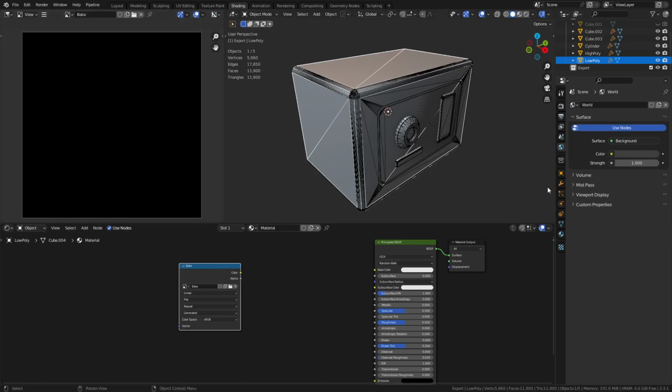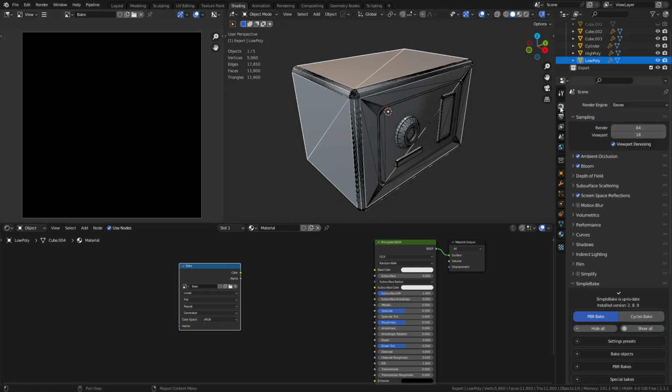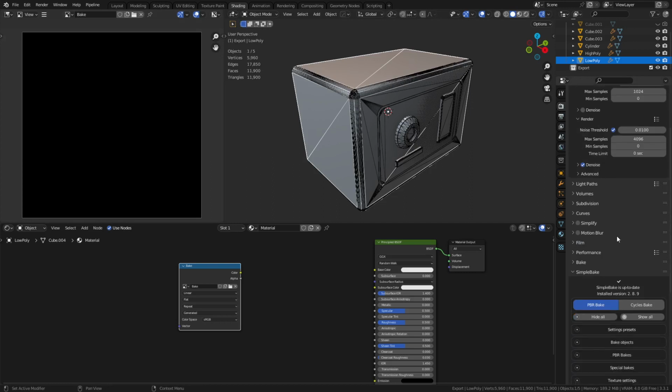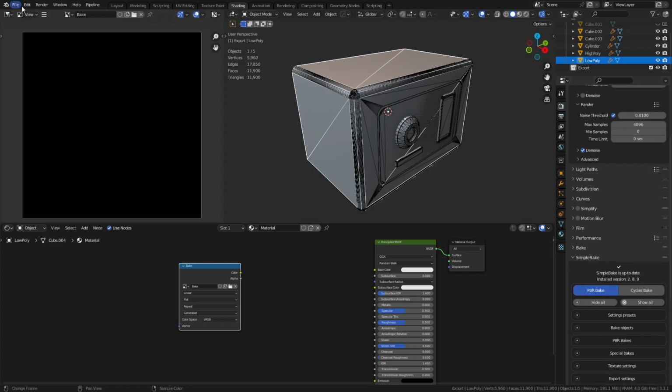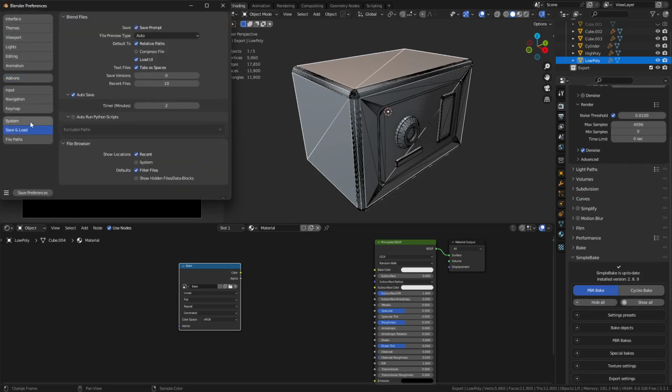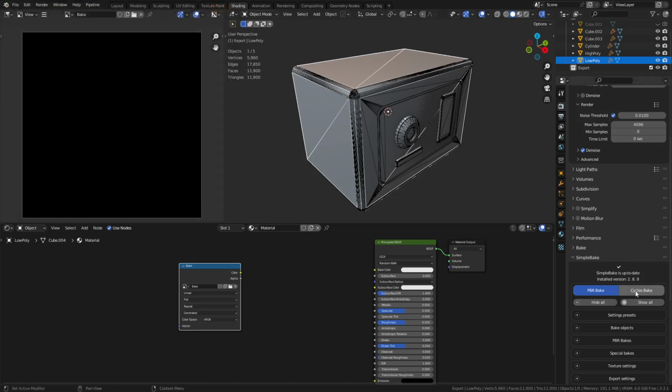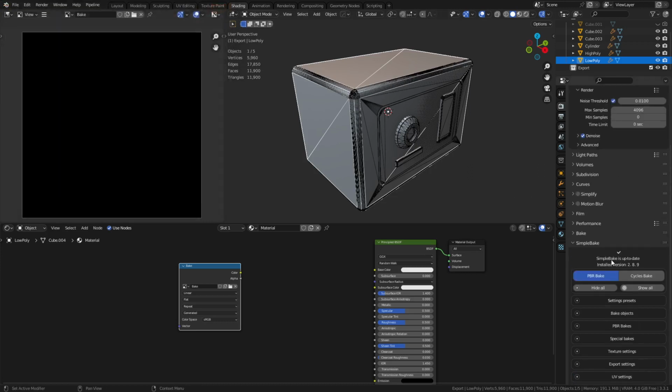Zoom out a little. Now we've got to go to Cycles, so we go to the render tab and switch to Cycles. Under Cycles, you probably want to use your GPU if possible. If you don't see your GPU there, go to Edit, Preferences, and then under System, I think. Yeah, System. Pick a GPU that you can use in the setting there. So once you have that done,